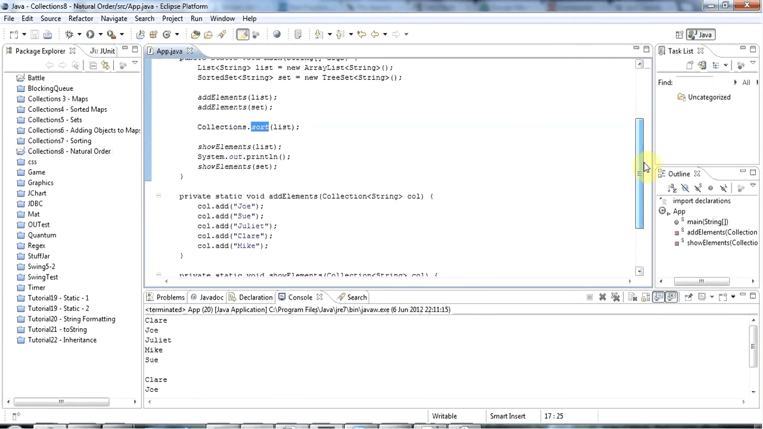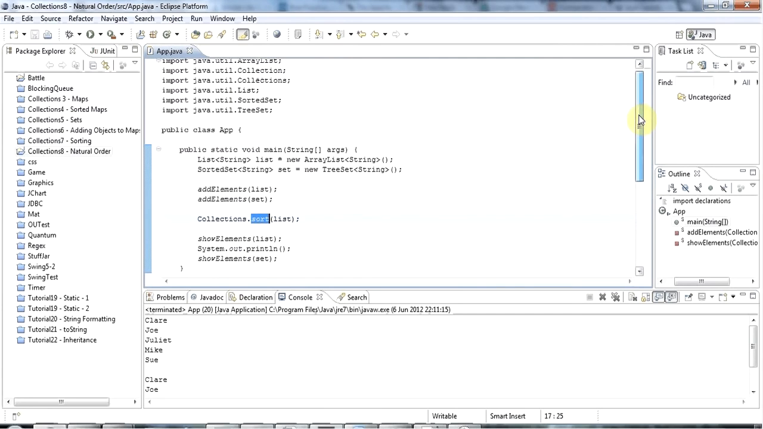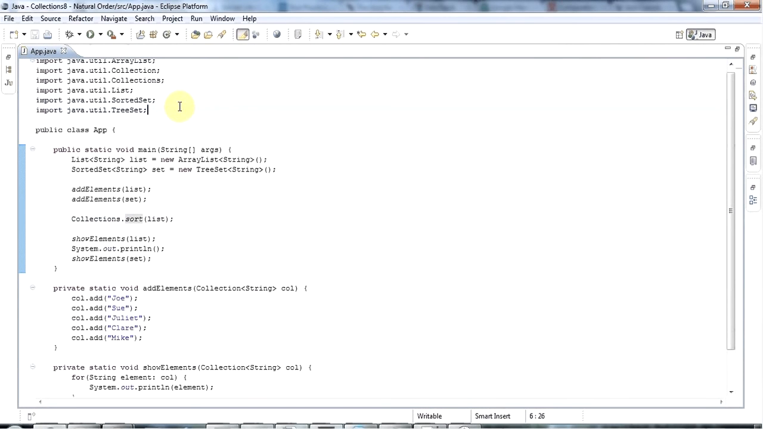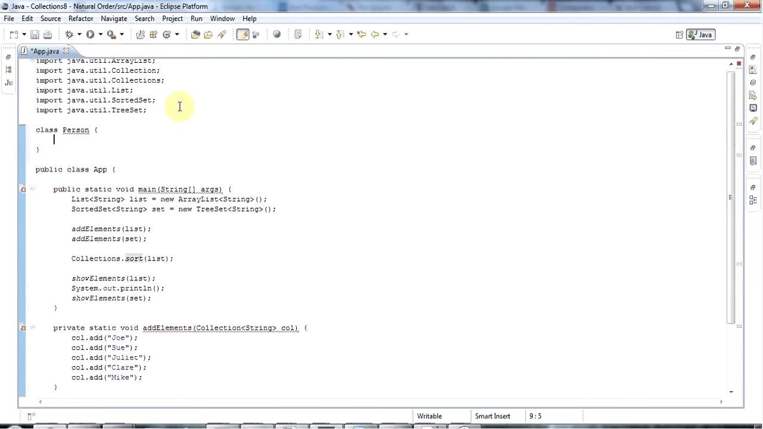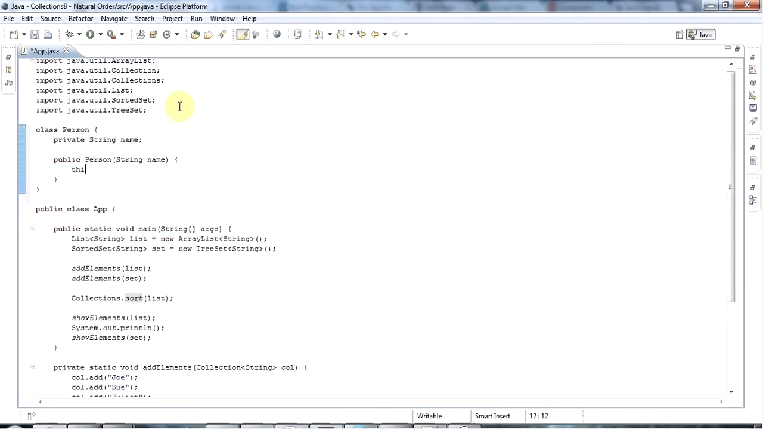Now the question is, what do you do if you've got your own object that you want to put in there? How do you define a natural order for your own type? And I'm going to create here a class called person, and to keep things really simple, I'm just going to give person a private string name, just the one field there, and let's give person a constructor that accepts the string name and just sets this dot name to the name that's passed in,